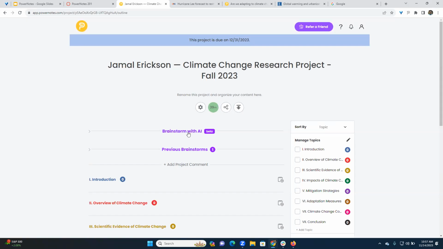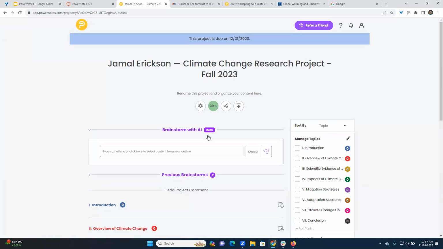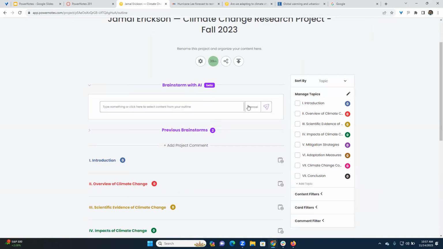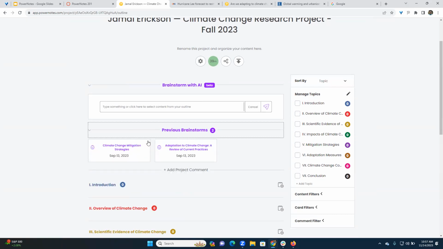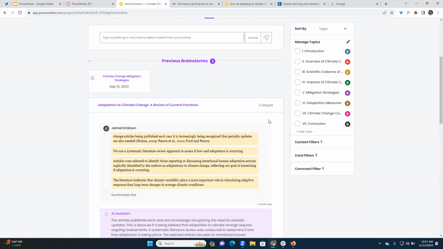So let's start by using the AI features. For this project, the AI features have been enabled by the instructor. So that's why the student can see them. So we're going to come in here, we click brainstorm with AI. We had another session pulled up, so we minimized it. You can see all of your old sessions here,